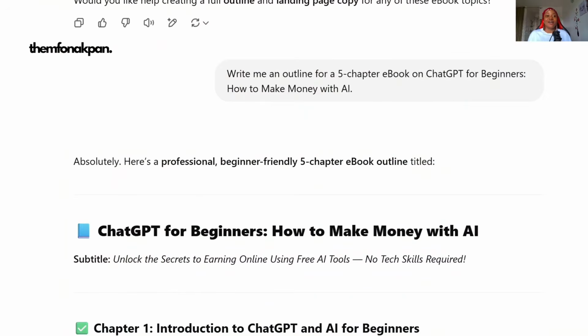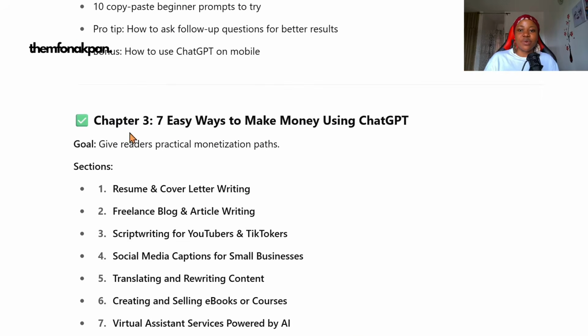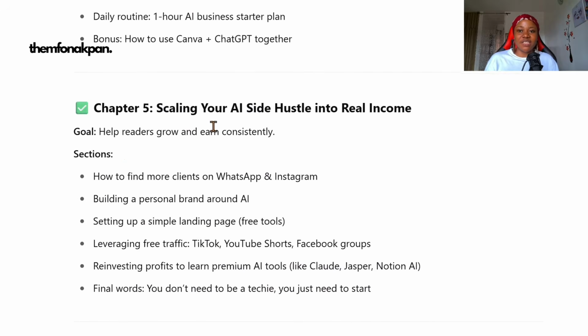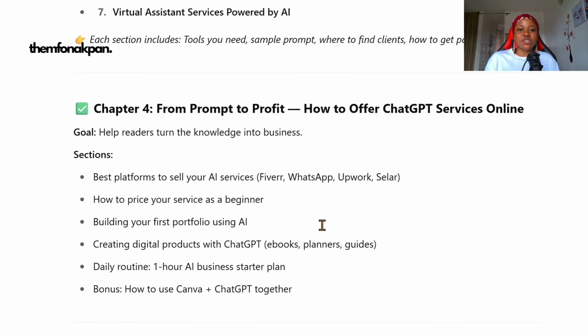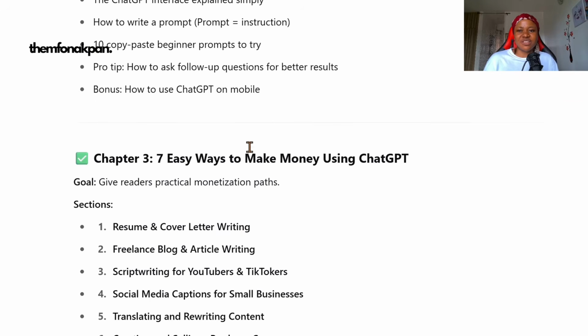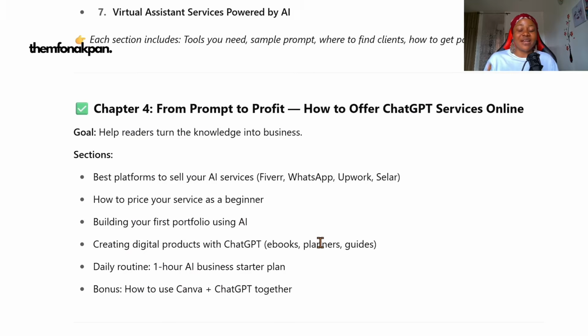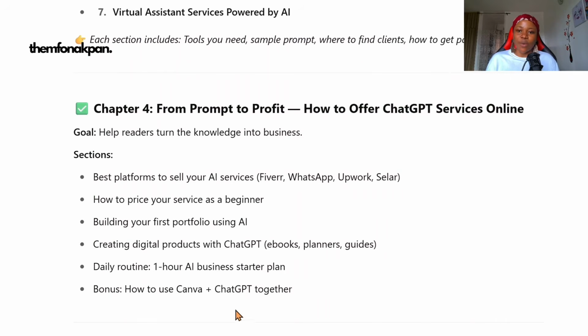Now let's move on to the next step. Let's take a look at our outline that ChatGPT has generated. So here we have chapter 1 introduction, we have chapter 2, we have our chapter 3, and we have our chapter 5. Remember, the prompt was just for chapter 5 chapters, okay? It doesn't end here. What you want to do, as I said earlier, is just copy this to your Google Doc, remove the things you need to remove, add the things you need to add, and then you bring back your optimized outline and tell ChatGPT, this is what we're working with.